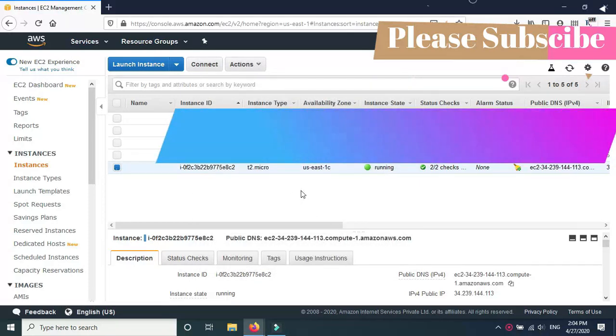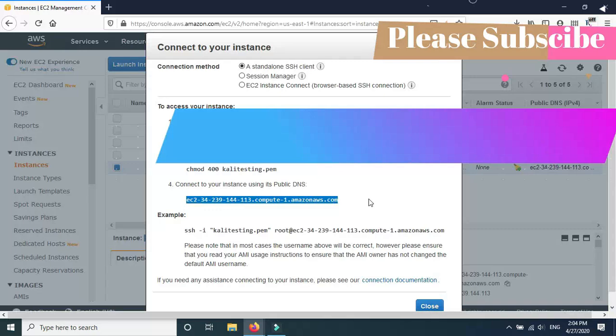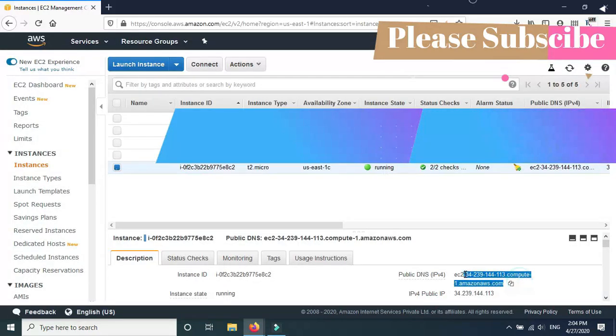Now in order to log into this instance, we have to click on connect. It will show us the IP address of the instance, this one. It can also be viewed from here, but it doesn't matter. So head over to PuTTY.